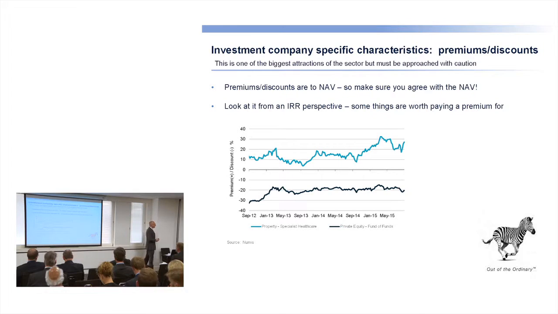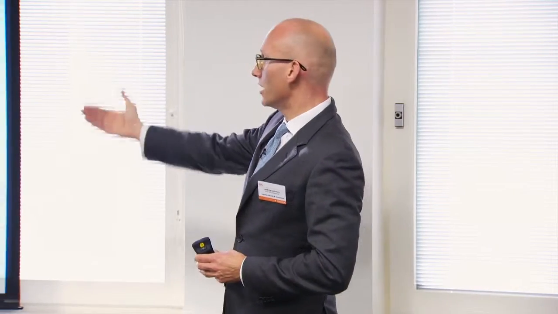Converse for private equity fund of funds. Private equity fund of funds typically trade on discounts. They do that because there's a lot of uncertainty about the value of the underlying assets and a lot of lack of transparency. But in the case of most of the private equity fund of funds we invest in, when they sell an asset, they are selling it at quite a substantial uplift to the last value that it was carried at for NAV calculation purposes. So if you believe that the NAV of a lot of these private equity fund of funds, when they're realised, is higher than published, then the discount as published is actually